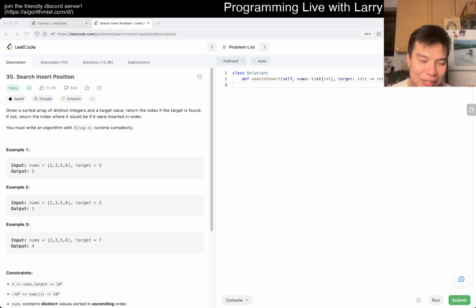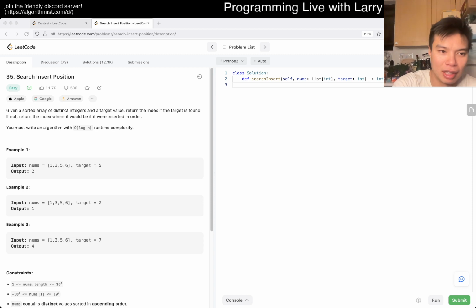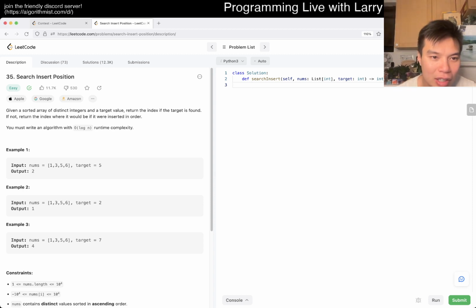Anyway, today's problem is 35, Search Insert Position. As you can see, I've done it at some point recently, so I'm going to do a bonus extra problem that I haven't done yet today after this. Okay, so